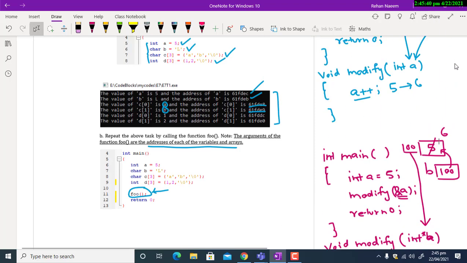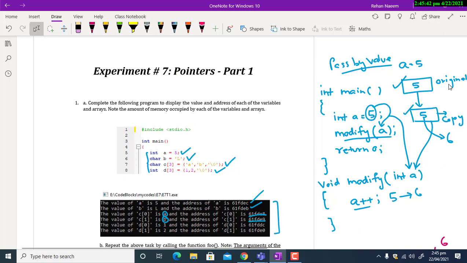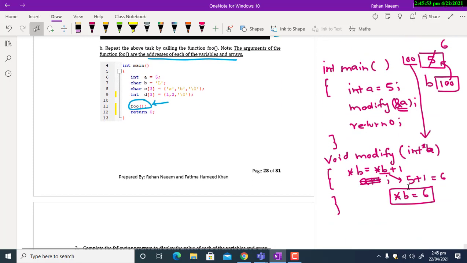In the previous case, the copied value was modified. Original value stayed intact. Whereas in this case, the original value is being modified.